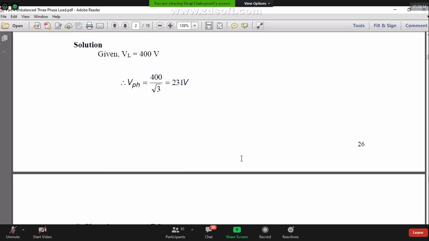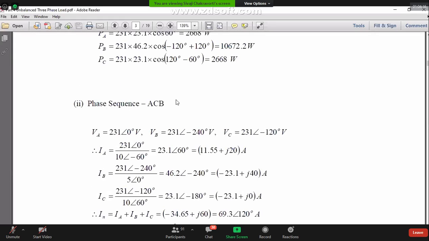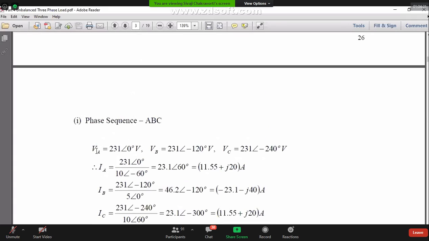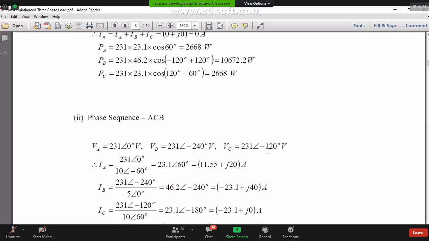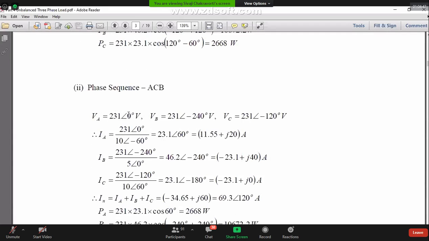That means even for an unbalanced impedance, your neutral current can be 0. So these are very salient features, very important aspects of unbalanced system to learn. This is called the fundamentals of the three-phase circuit. And I am always proud that these were so meticulously taught to us, and that's why Jadavpur engineers are always excellent engineers. There are certain things which have to be specifically pointed out, that this is what happens in a practical circuit. So please don't say that neutral current 0 means it's a balanced load.